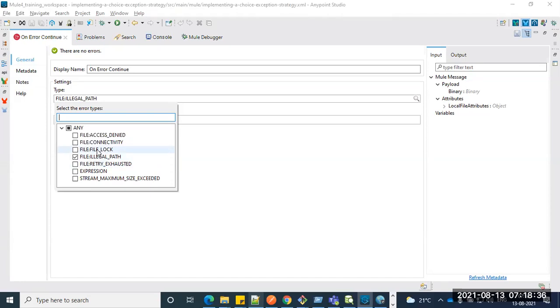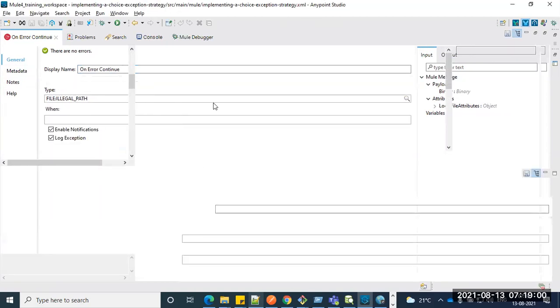There is also a file lock, where somebody is using the file in parallel or it is utilized somewhere else, so the file might get locked. The next ones are retry exhausted, expression issue, syntax issue, and stream maximum size exceeded. So these are all the possible error types when you're using this file reader.